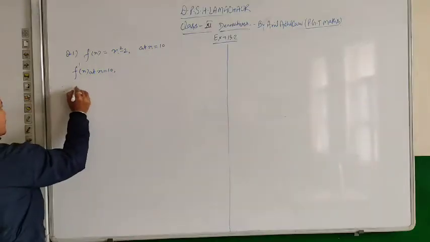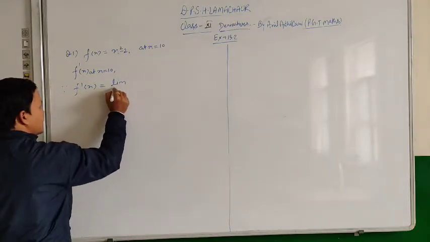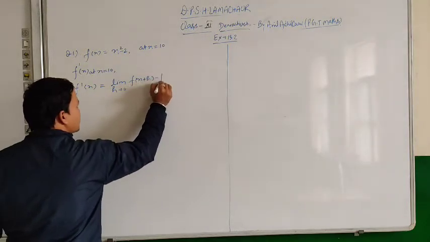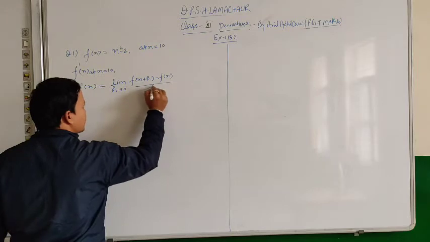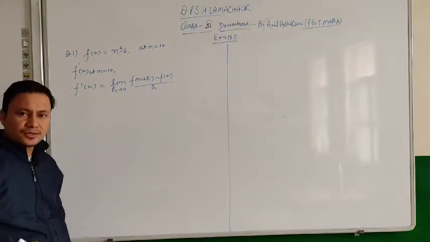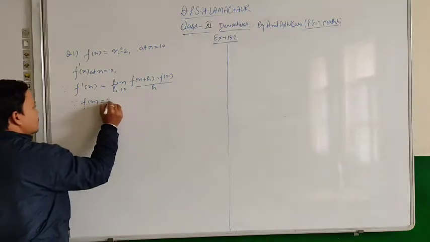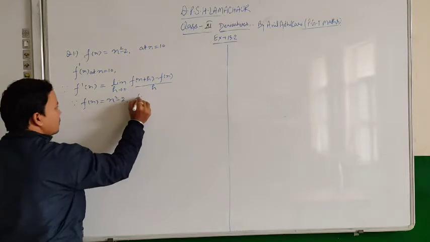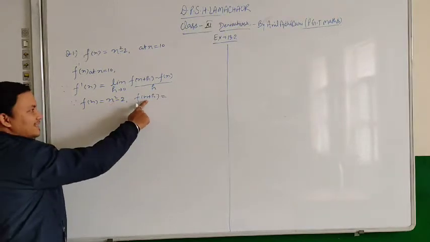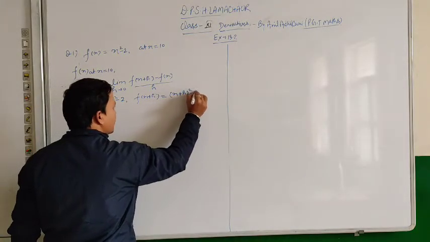So since we know that the derivative of any function is defined as limit h tends to 0 f of x plus h minus f of x divided by h. Okay. Now here f x is given as x square minus 2. So since f x is given as x square minus 2, so f of x plus h will be, replace x in the given function with x plus h. So this will be x plus h whole square minus 2.